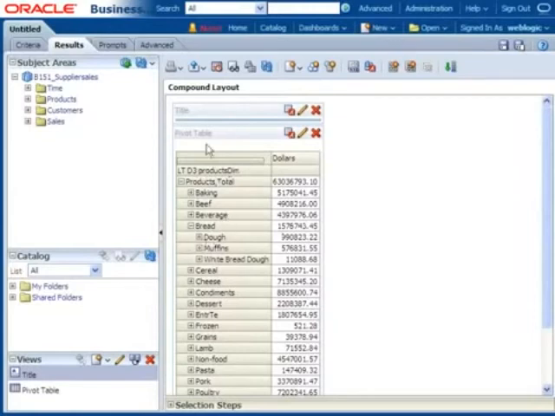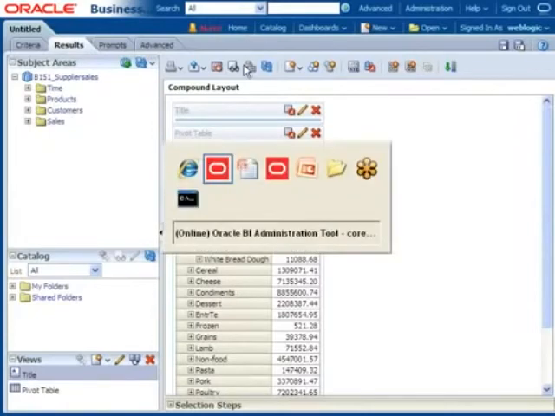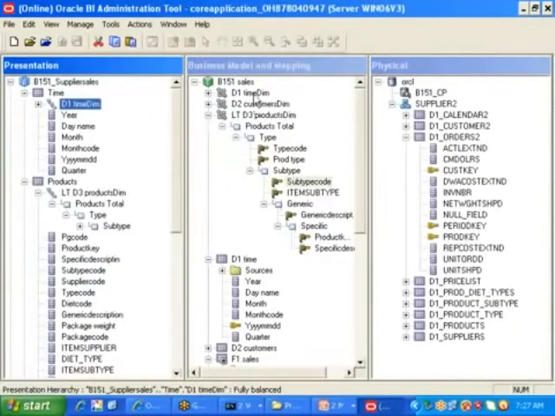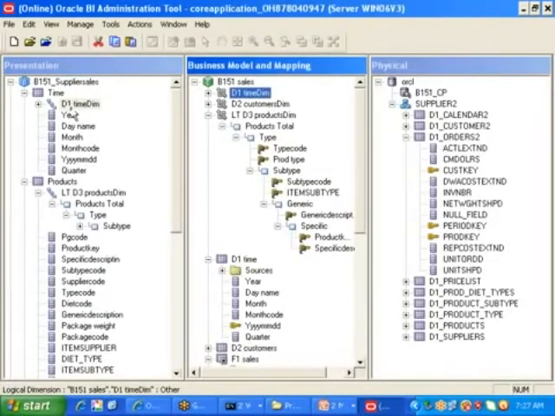Am I clear, sir? Right. This is called as hierarchy object report. This hierarchy object report is not available in case of our 10G. It came newly in 11G. Okay, we understand now clearly how to create the hierarchy. That is the one point. Second one is how to take that hierarchy object into presentation layer. Using that one, how to develop the report. That we understand clearly. Now, third one we need to understand.